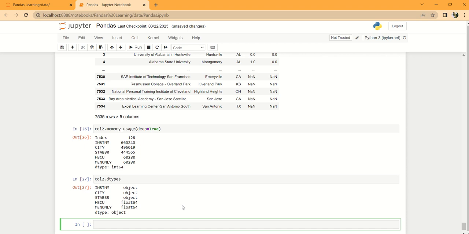Now, how do we change the data type and reduce the memory usage? Let's take one column and change its type. For example, I'm taking this object column, STABBR, which is the state, as we have seen in the description. Let's take d2 of STABBR equals,